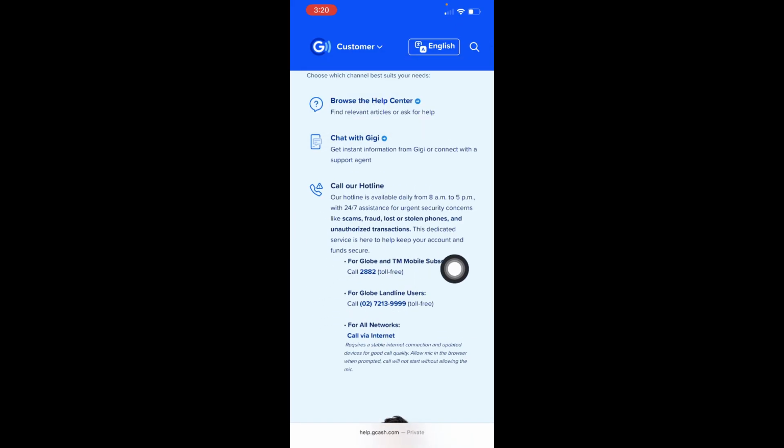So after you have dialed this number right here, you must follow the voice prompts to connect with a live agent for account or transaction concerns. Always have your GCash registered number ready, and then the transaction reference, and also your valid ID, so that they